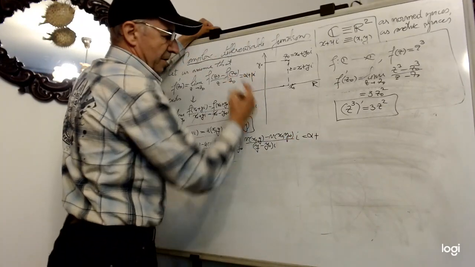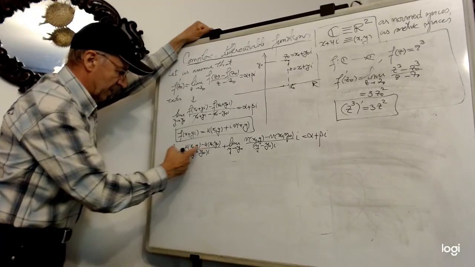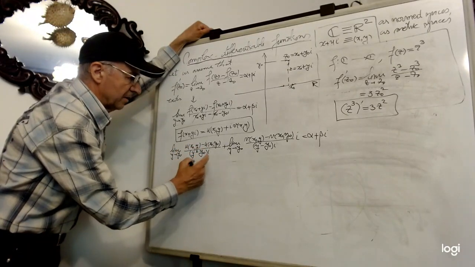We denoted this limit alpha plus beta I, but you can remark that here we have